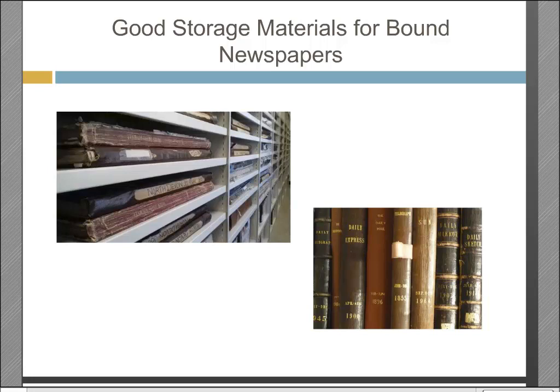Bound newspapers should be stored the way that oversized books are. If they're smaller and they fit vertically on a shelf, then they should be kept upright. You do want to use bookends to support them, and you should avoid allowing them to slump against one another or against the edges of the shelf, which can cut into them. If the volumes are large, and a lot of bound newspaper volumes tend to be really, really large, you do want to store them